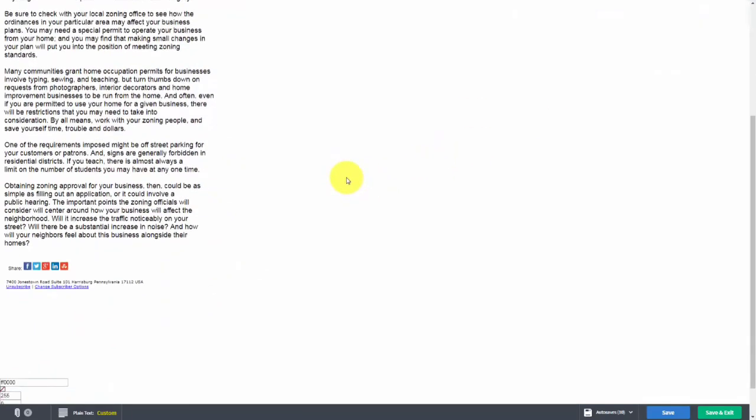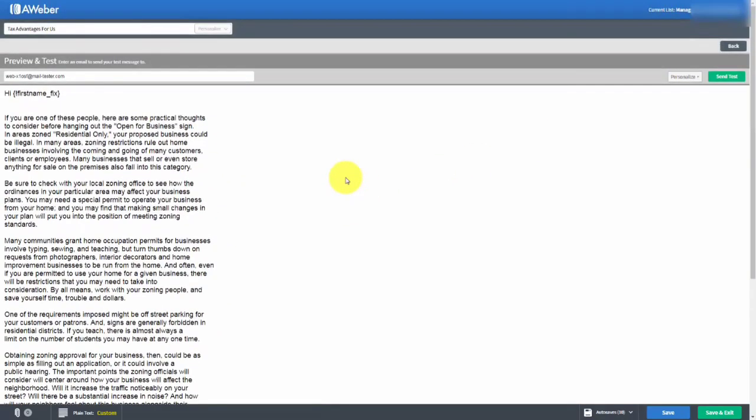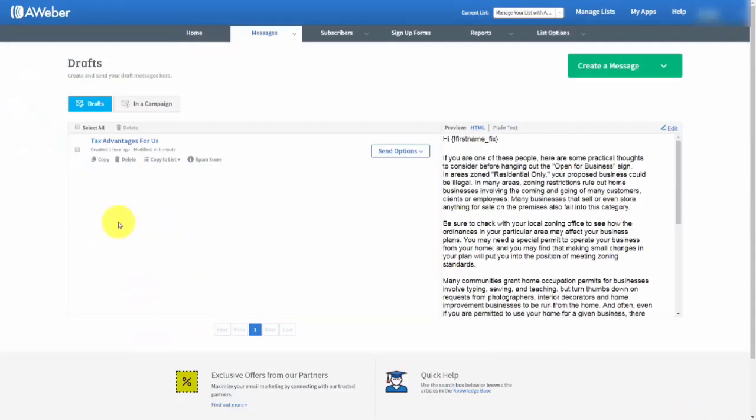And then we can take a look at our email. If we think it is sufficient, then we can click Save and Exit. Now the email still appears in our draft, and we have a couple of options. We can either copy this to another list, or we can actually add this to our follow-up series or our autoresponders, or we can send it out as a broadcast email. Now each one of these cases requires some explanation, so we are going to do that in the next video. However, what we're going to do right now is take a look at our spam score,